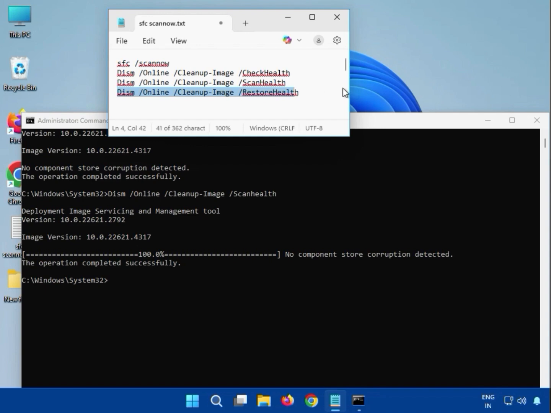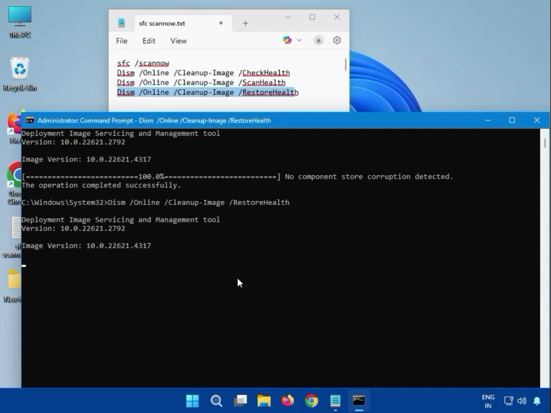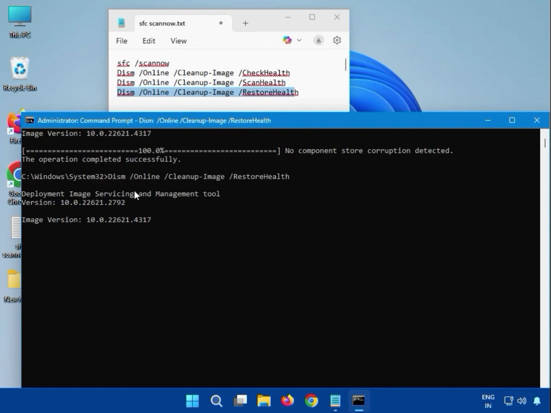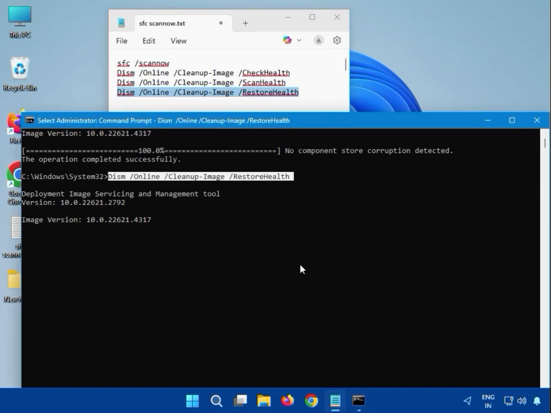Then guys, fourth one, which is restore health, you can see here we can enter like DISM and all, and please note small and capital letters. Okay, restore health, and then hit enter. Again guys, you have to wait. Okay, the percentage will start, it will complete. After that you can see here